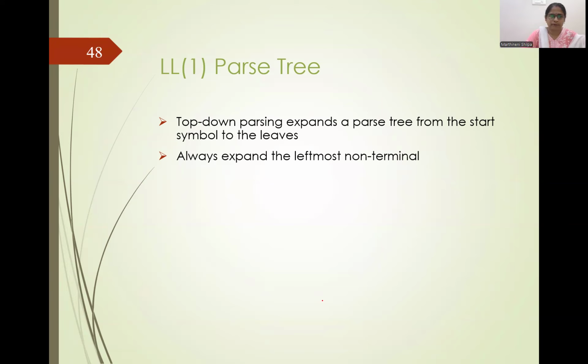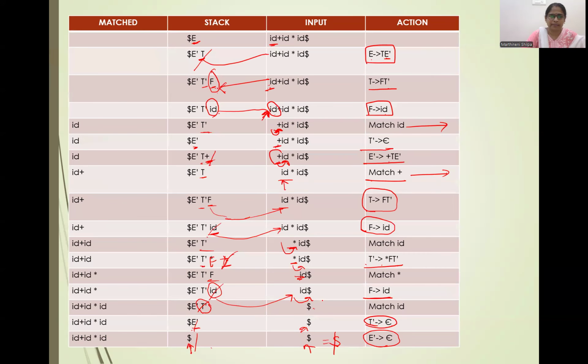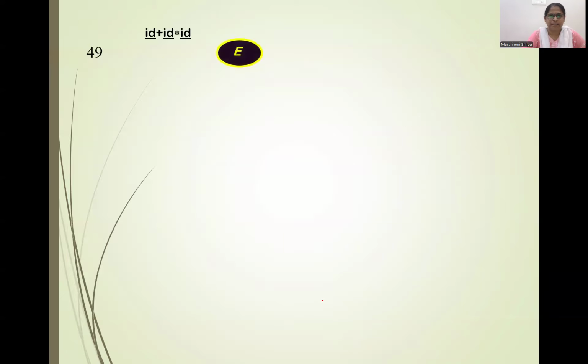So top down parsing expands a parse tree from the starting symbol to leaf symbols, and always the leftmost non-terminal will be expanded. That means the leftmost non-terminal will be replaced by its productions to produce the given input string. And the parse tree for that example is